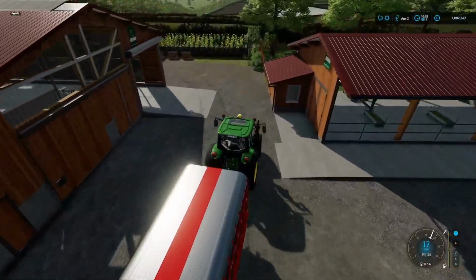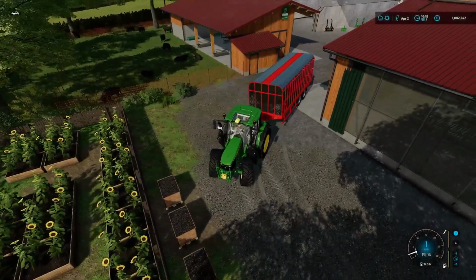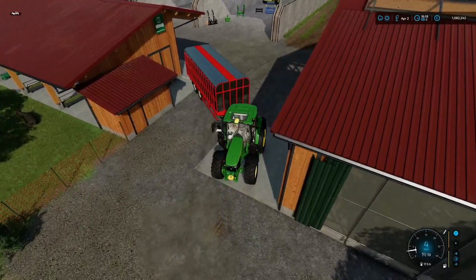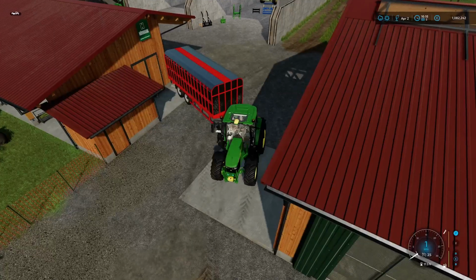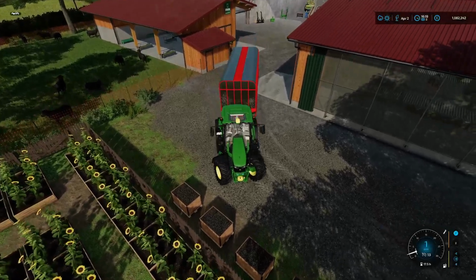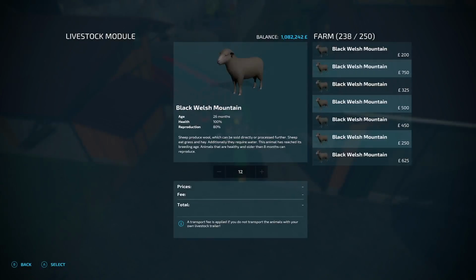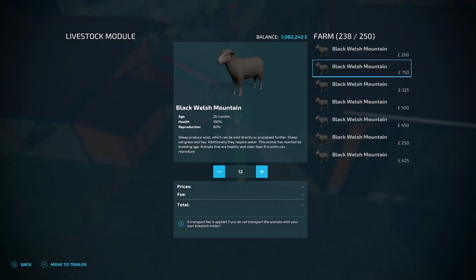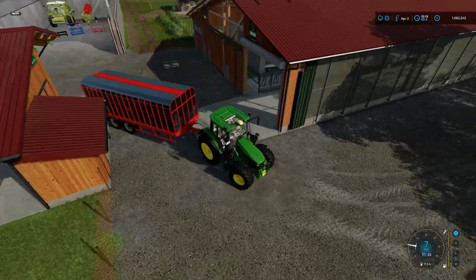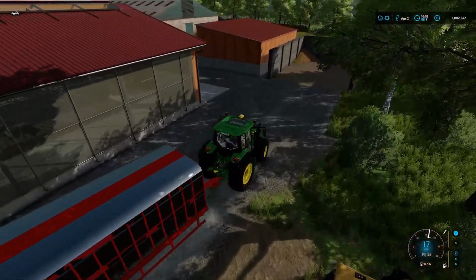keep going with that digestate spreading. We'll leave it till the rain stops then, in that case. That's the cows. There's a sheep. 750, move to trailer. There we go. So I'll just juggle the rest of these, and then I think,